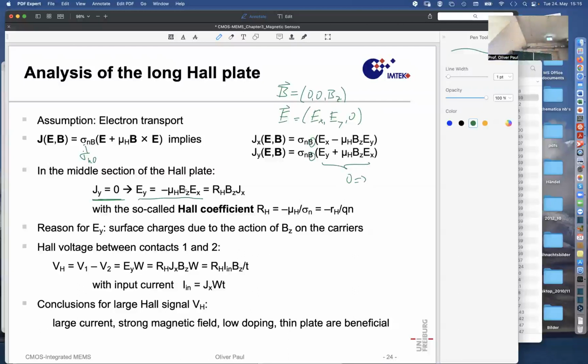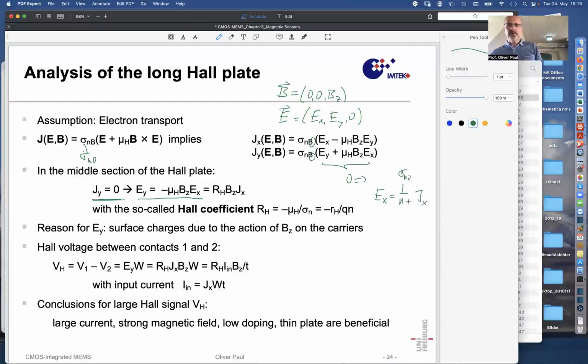Let me just check my own slides here, whether I'm doing that correctly. I can just have my cheat sheet. So if I write EX as 1 over sigma n0 times Jx,